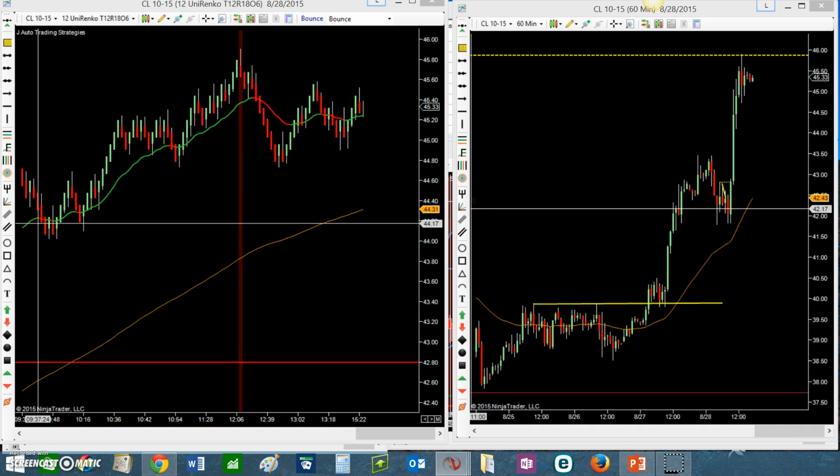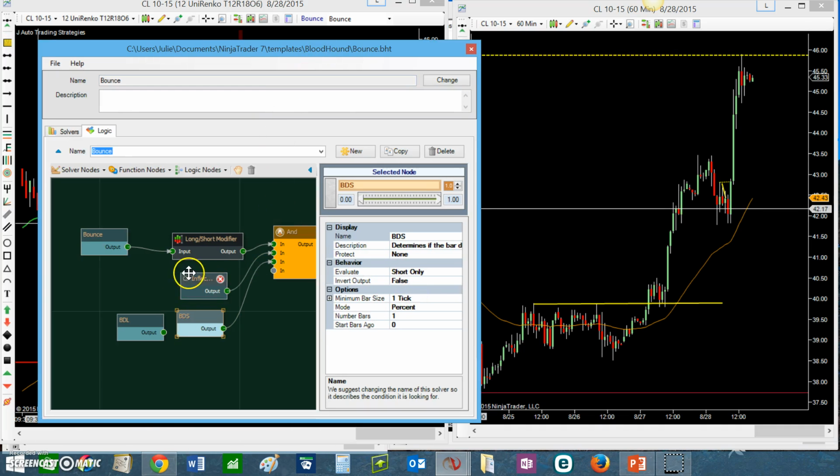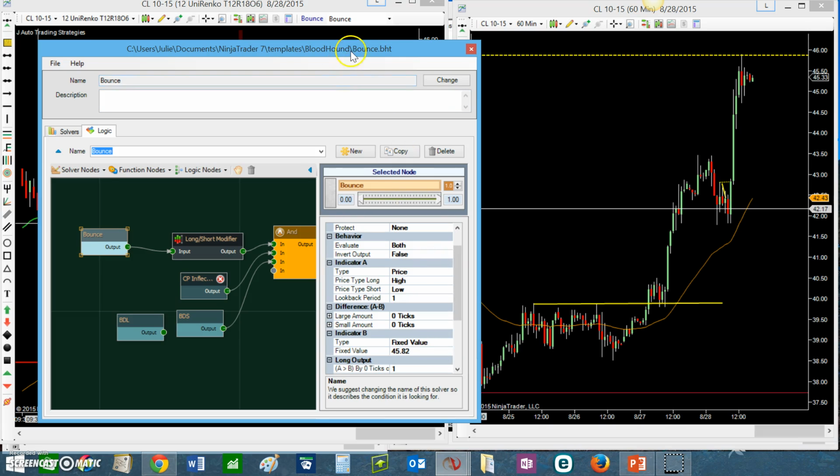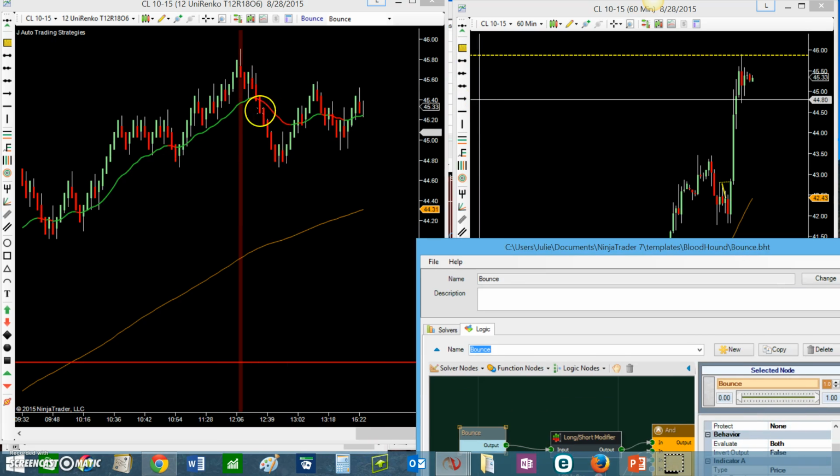So, I mean, that's how fast it is, people. You have your solver set up. I call mine bounce. And you just type in the levels that you want. It's that fast and simple. Then you get a signal, and you can auto trade it down, setting your profit target, or just let it run to the moving average or to a value area or wherever you want the trade to be taken off, with very, very minimal